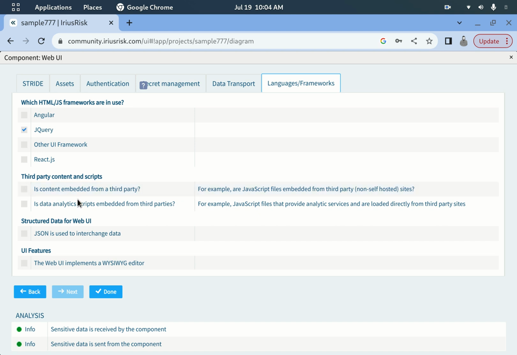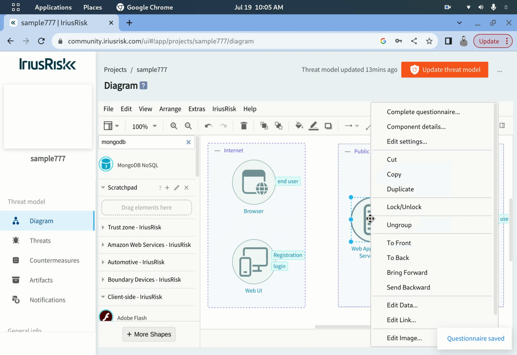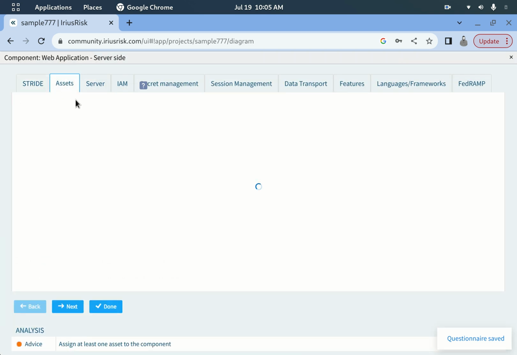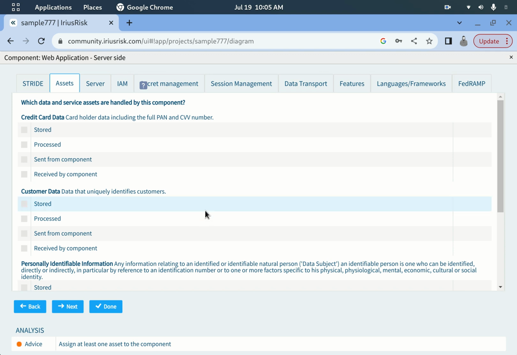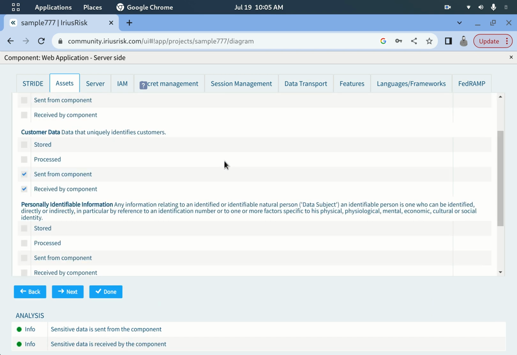Third-party content and scripts: is content embedded from a third party? It will use some external scripts to embed data. So JSON is used to interchange the data. So I'll click on done. I know all this information, so I mentioned it here. We need to do the same for this server side implementation also. Customer data that uniquely identifies is received by this component,